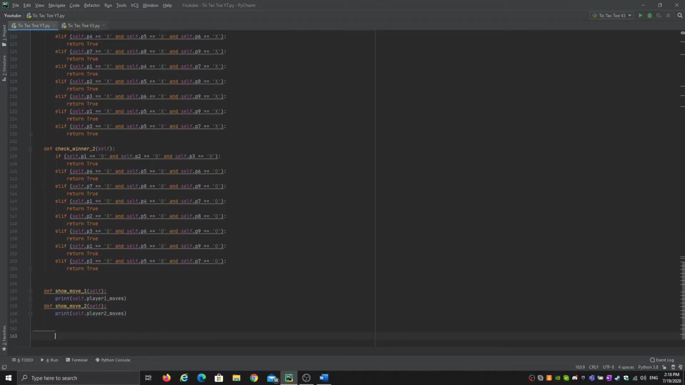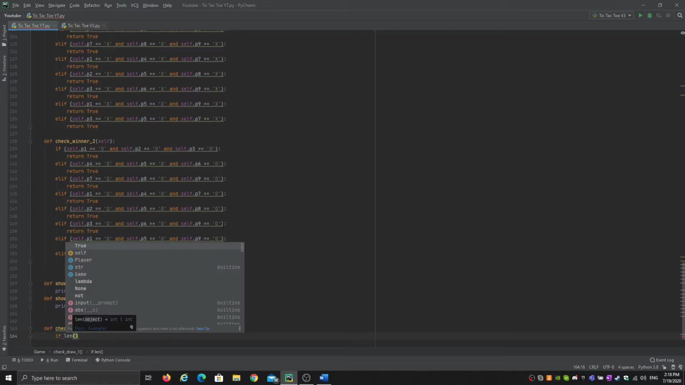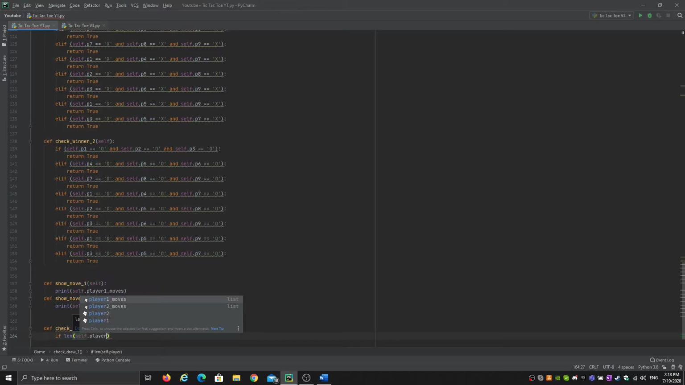Okay, so now the last methods that we will have are to check if it's a draw. So how you want to do this? You want to make a function called check draw 1. This is going to check for a draw, and it will take the self argument as usual. And how you want to check this? So if the length of the list of moves self dot player 1 moves is equal to 5, so the player has 5 moves,